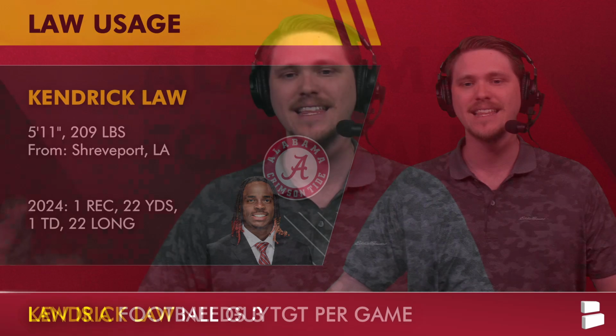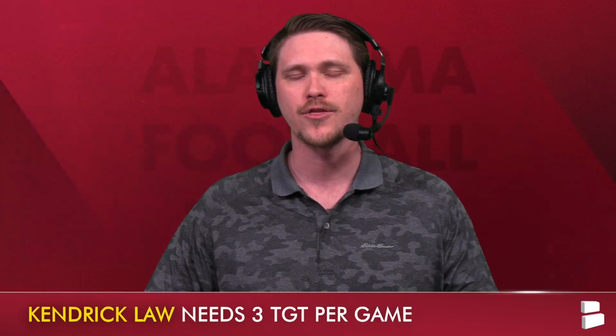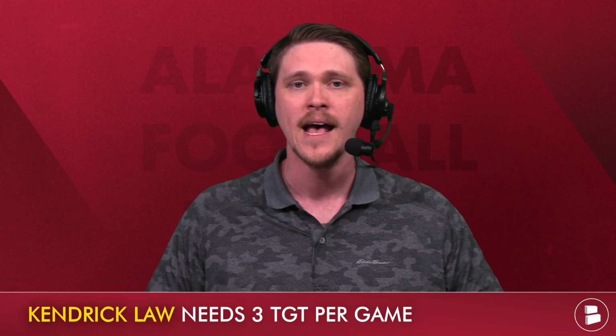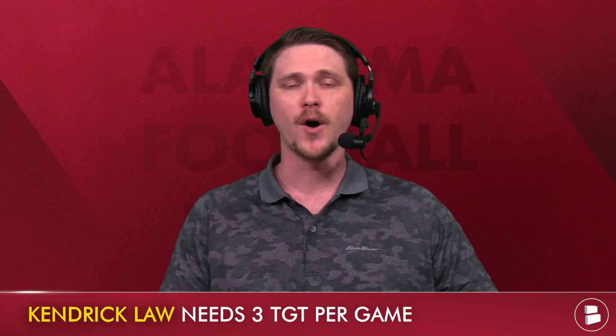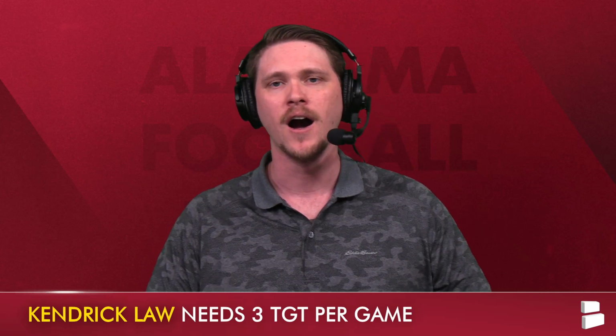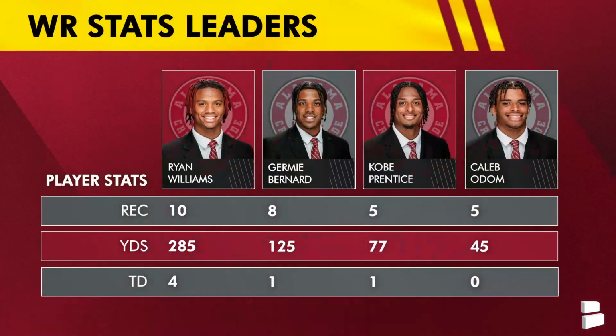I want to see this guy get at least 3 targets a game. There's no reason that he should not be a part of the game plan some way, somehow. I think both Nick Sheridan and Kalen DeBoer do a very good job of being able to scheme guys open and have designed plays for specific guys. So I really want to see Kendrick Law get some more targets at least, whether it's targets or whether it's carries,